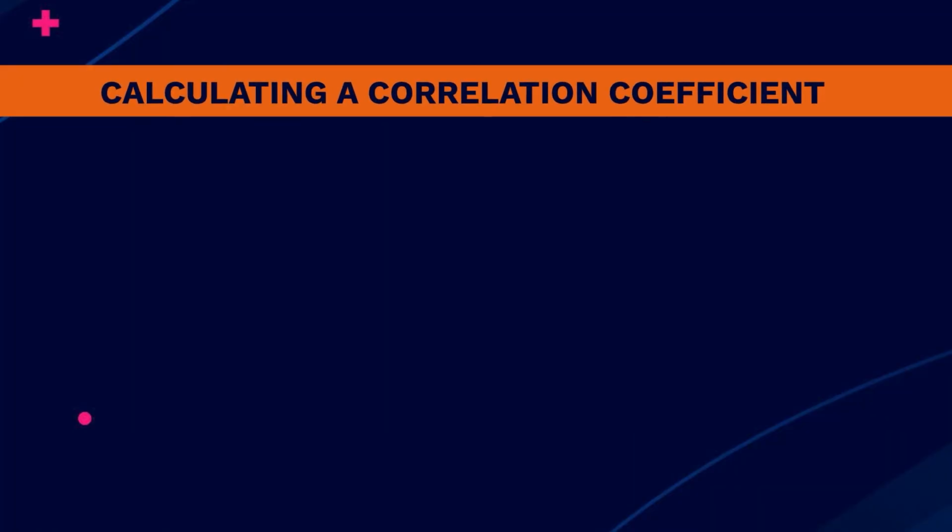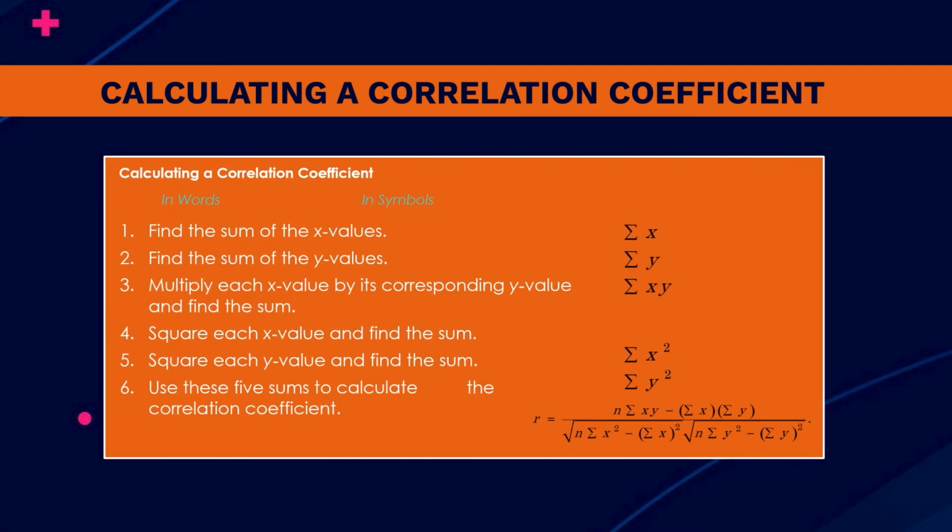When you are going to calculate a correlation coefficient, find the sum of the x values, denoted by sigma x, and the sum of the y values, denoted by sigma y, and multiply each. Then you can find the values of sigma x square and sigma y square, and put it all in the formula which we talked about in our preceding slides. Now we can see how to calculate the correlation coefficient, the small r, for the following data.